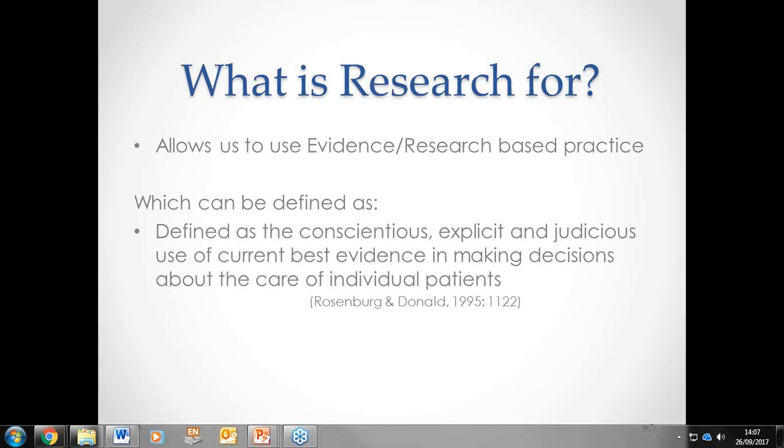Evidence can be a protocol. Evidence could be a policy statement. Evidence could be a piece of commentary. Custom and practice, that could be considered evidence, whereas research is something that's gone through a very specific process